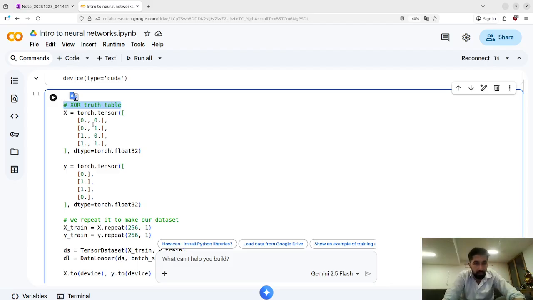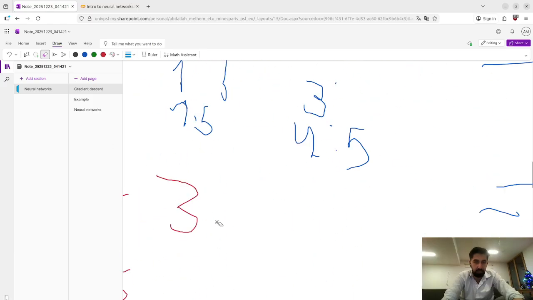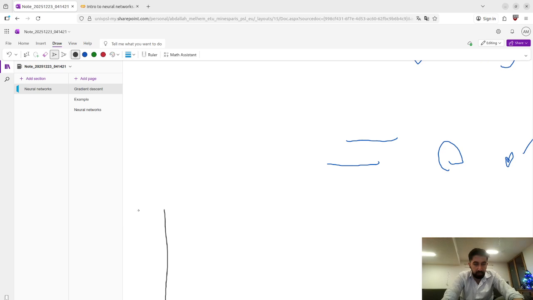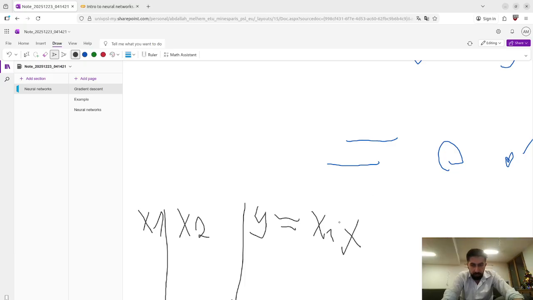if you have 0 and 0, they give 0. So 0 and 0 gives 0, 0 and 1 gives 1, 1 and 0 gives 1, and 1 and 1 gives 0. So very easy. So this is the truth table. Here we have x1, x2, and y. Here y is equal to x1 XOR,